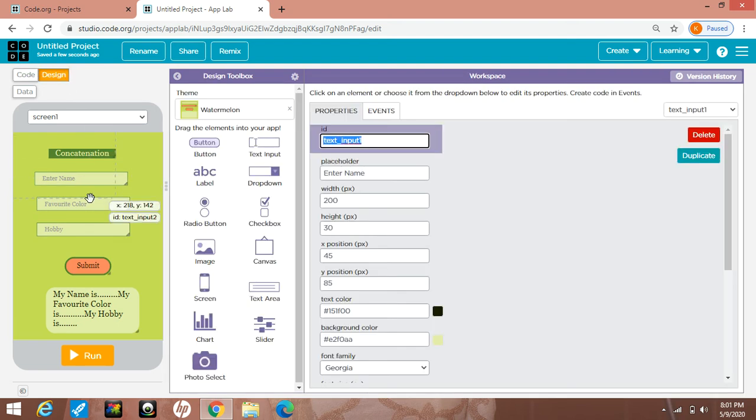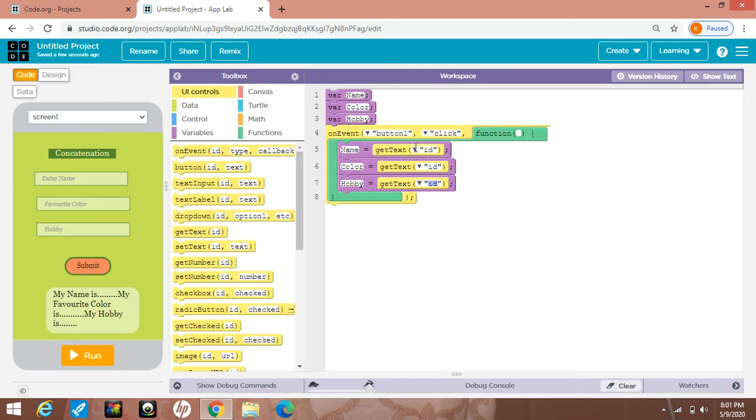This is text input 1. Color ID is text input 2. Hobby ID is text input 3. When I am clicking on this, right hand side properties will appear. You know that. Then you can check the ID of these text inputs. In this way, first I will take text input 1, then text input 2, then text input 3, like this.